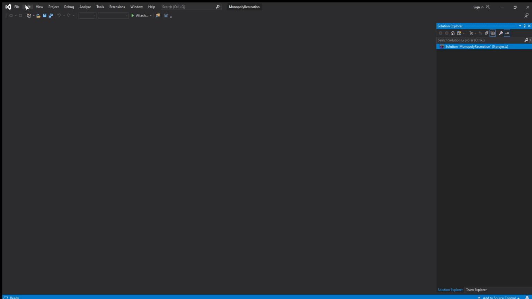If you're wondering why I'm recreating Monopoly with Visual Studio, well, I have a few reasons. It's mainly because last year, at the high school I go to, I took a computer programming class, and for the final project, I attempted to recreate Monopoly, but I didn't finish.